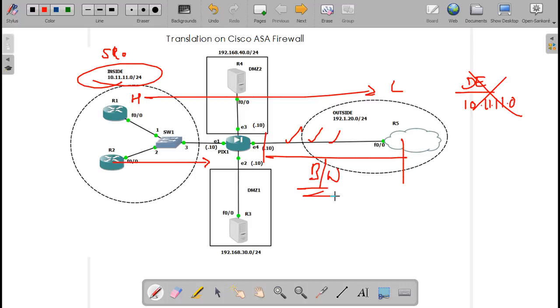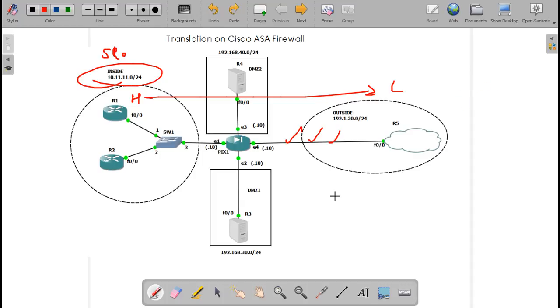But if NAT control is disabled, firewall doesn't say anything. Packet will come to the firewall, it will pass it. And then ultimately the packet will go to the internet. So the packet will come, it will see the NAT control feature is off, it's disabled. So no requirement of a rule, packet can go out. Once it reaches the internet, the internet will say destination is a private address, I will not forward the packet. Packet will get dropped.